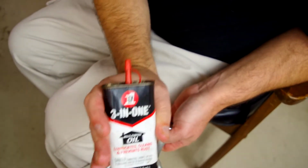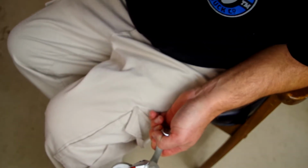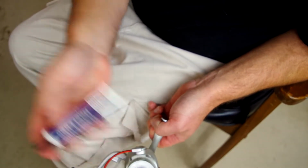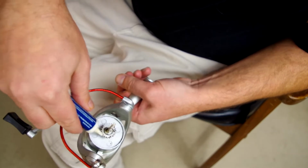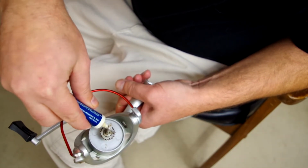Okay, as far as products used to oil it, you could just use this, 3-in-1 oil that you could get over in the tool section. I just happen to have this. I've used that plenty of times, but I just happen to have this pen reel oil, so I'm going to use it. But all you do is put your oil on here. Now you could be generous with this. Oil that up real good, and then